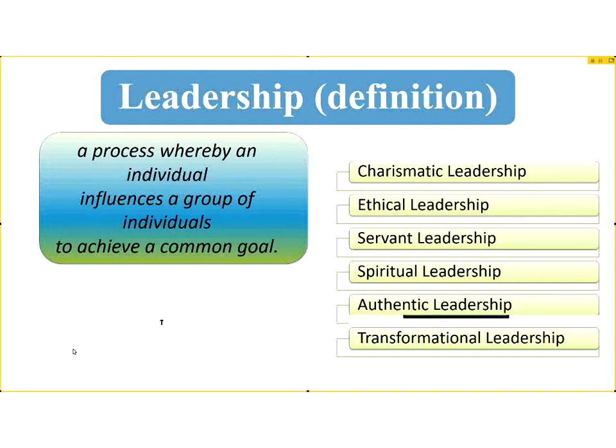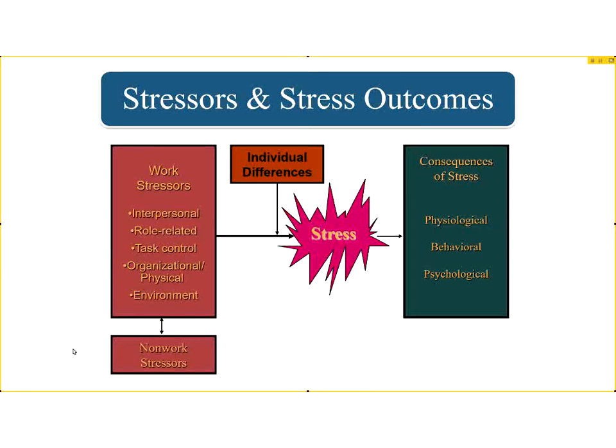The final topic assignment is on workplace stress. Workplace stress is something that everybody probably deals with in one form or fashion, because there are so many things that can cause us stress, including things within the job, which could be the job itself or relationships that you have on the job, the physical environment that you work in, how much control you have over your tasks. But then there's also non-work stressors, family, and other things that are going on in your life that could